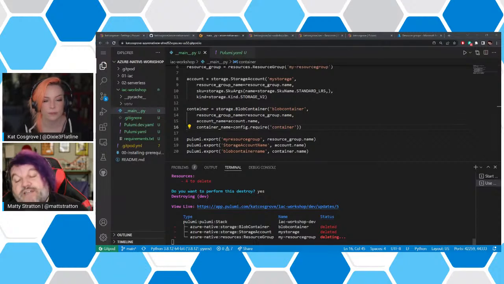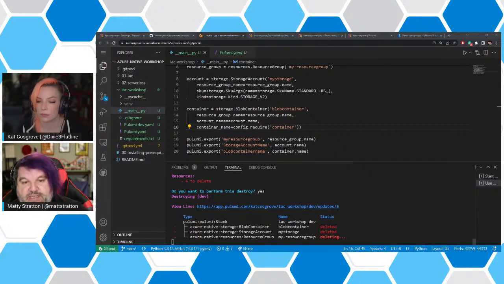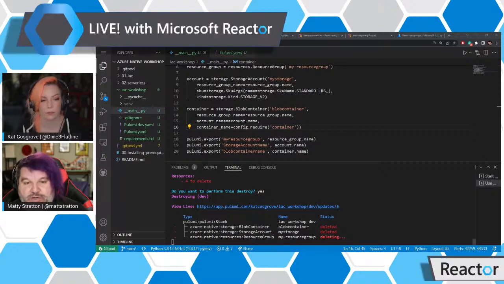Actually, that's a really good point. Let's talk about that for a second. When we call a native provider in Pulumi, the Azure provider is built basically nightly from the API spec from Azure. That means as soon as Azure exposes new functionality, within 24 hours you can use it in Pulumi.